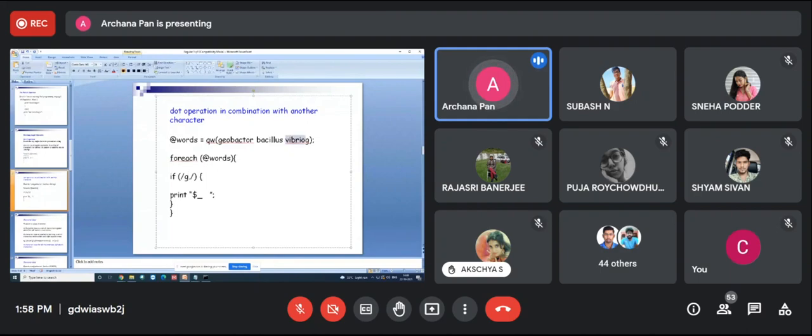Will this be printed or not? G dot means G followed by any character. Let me run this one. Did you understand? G then dot operator, G followed by dot. So the first one, G should be there.